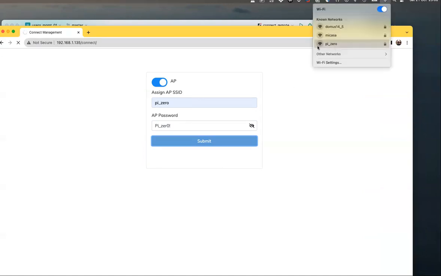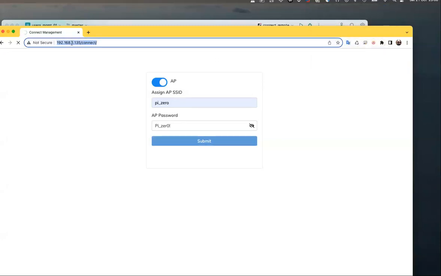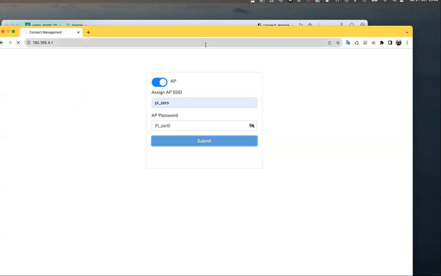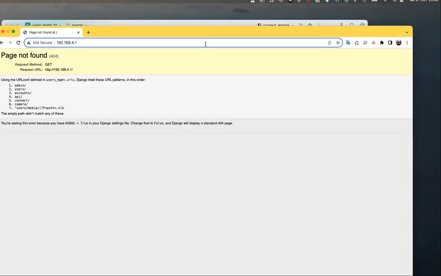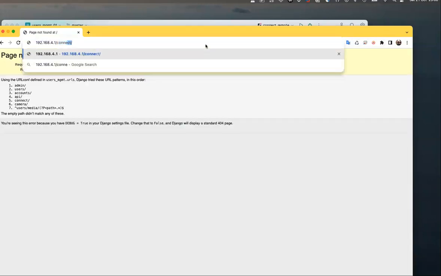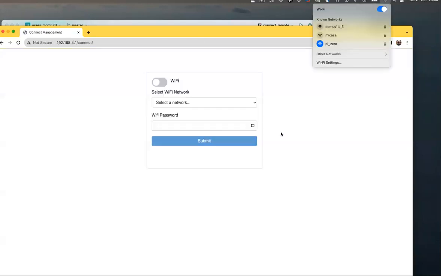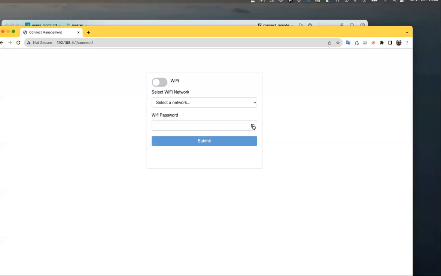Okay, it took a while, but now you can see there is the pi 0 now. See if it does connect. Okay, it seems we are connected now. I can connect directly. So now, obviously, it's in the back mode. It is actually working. We are connected as an access point. As you can see, there's a problem with the